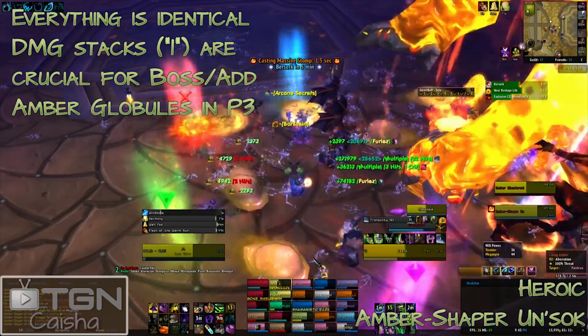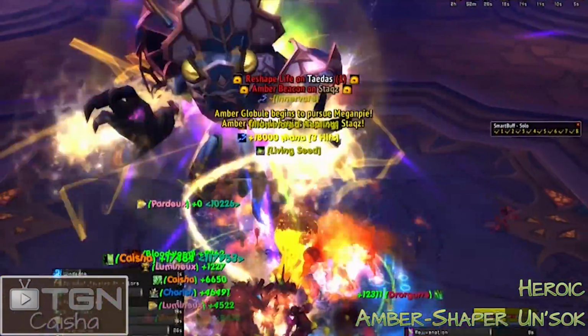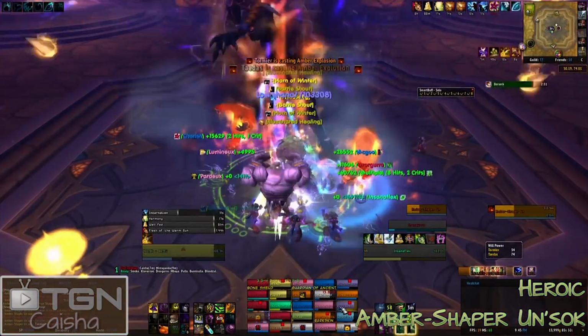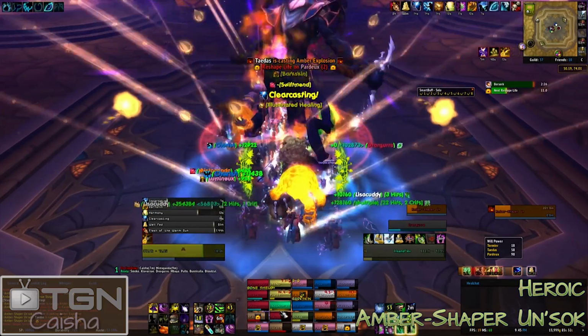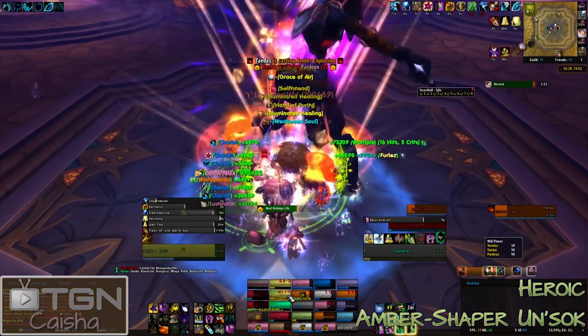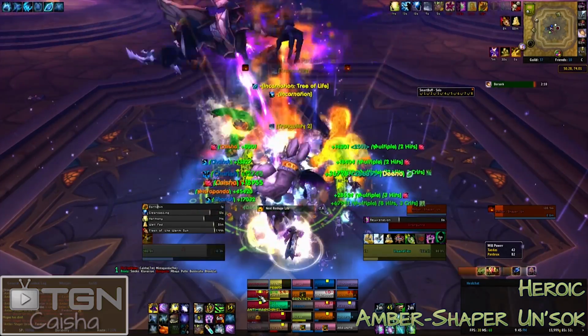The biggest addition is Amber Globules in Phase 3, which select 2 random players who must get out of the raid immediately, and a ball will follow each one of them, a la Sinestra. If the ball hits the targeted player and the player is within 30 yards of the raid, it is an automatic raid wipe. It's like 600,000 damage. If the balls come into contact with each other through careful maneuvering of both players, they will disappear with no